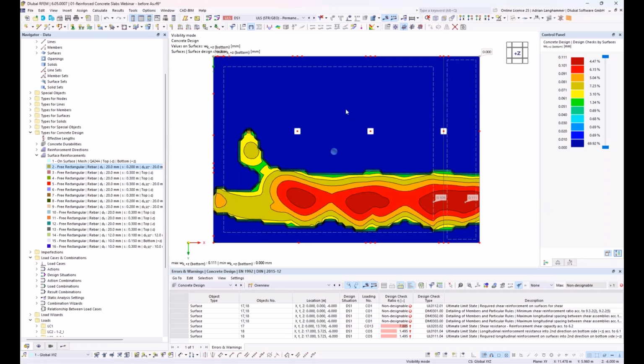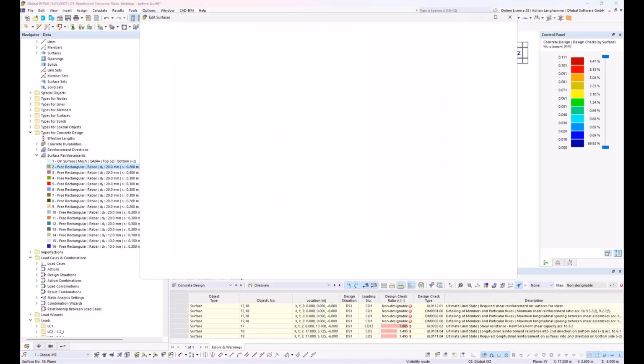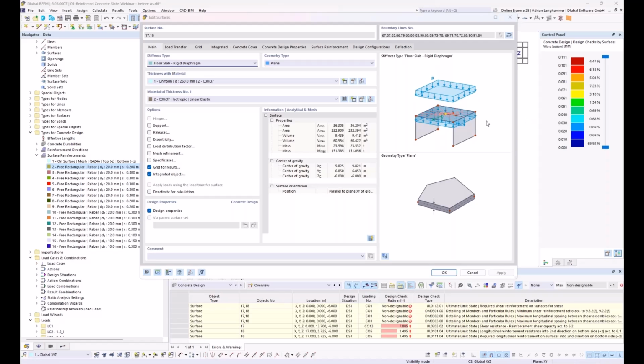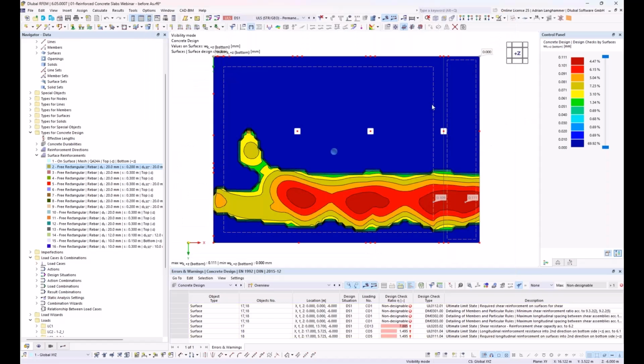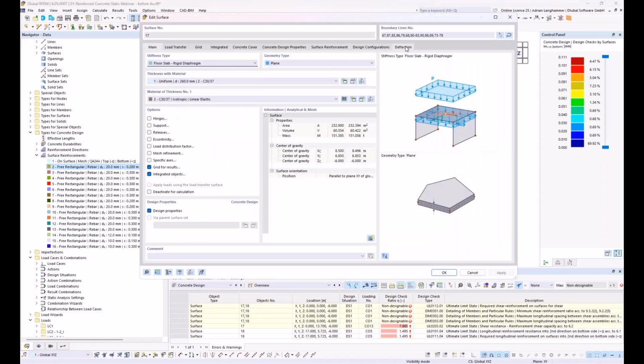Now, as a last step, I would like to do the deflection calculation and also the punching design. I will check at the beginning the input for the deflection calculation. I have to do it separately, one moment. There's an input here